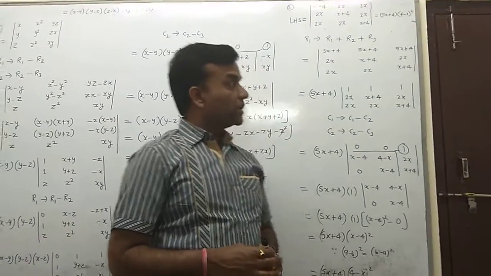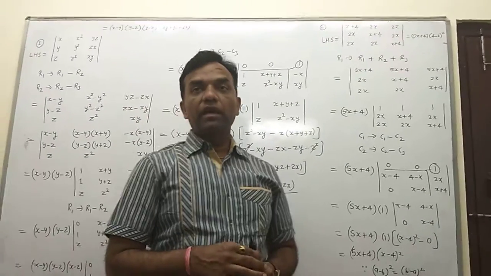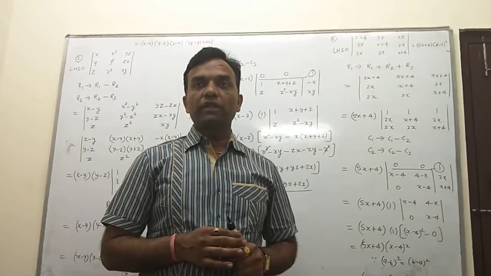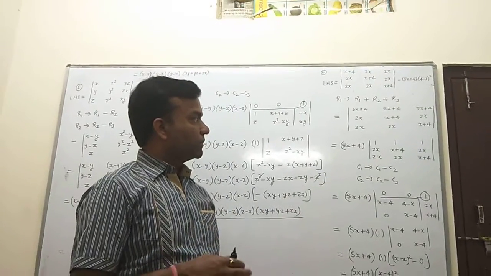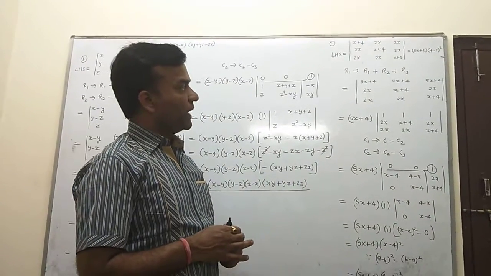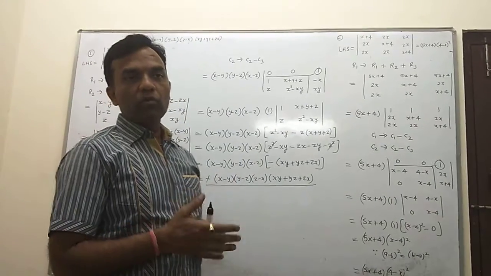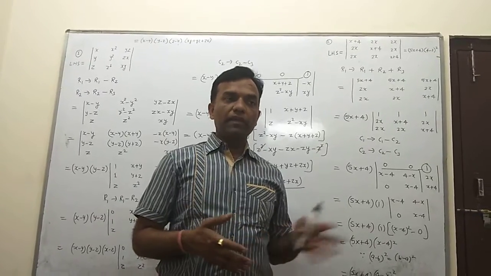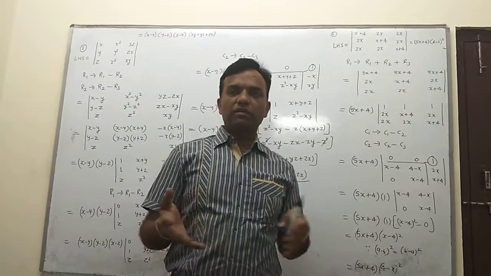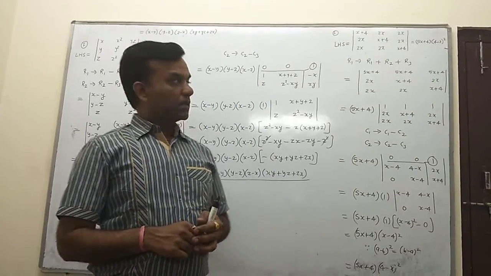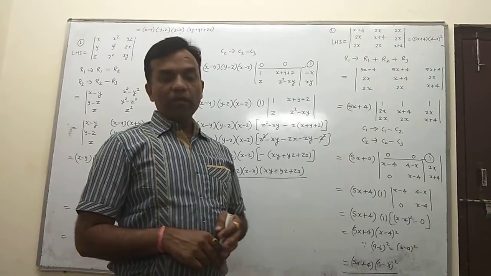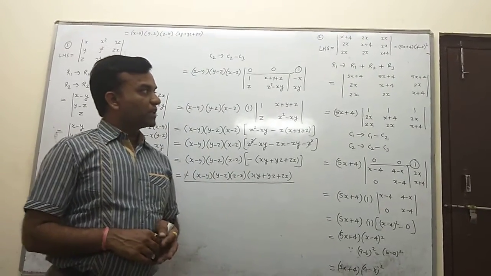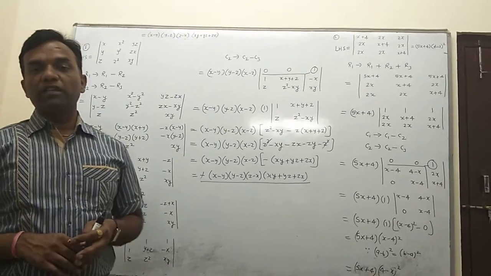And now here we did two questions, and they are very easy, because it depends on which type of operation you apply, and you get the answer in a very easy form. It is not compulsory that we apply a row operation here; you may also apply it on the columns and then you get the answer. You may need one or two more steps, but you get the answer. So it depends on you. First you revise all the properties of determinants, and then you start the question, evaluating the determinant by using the properties.